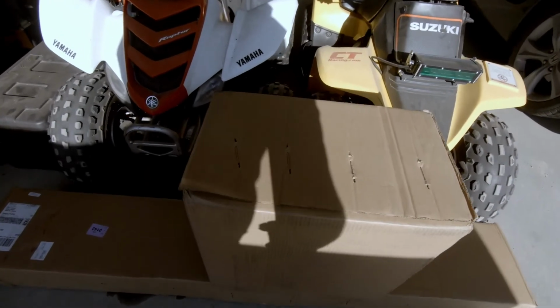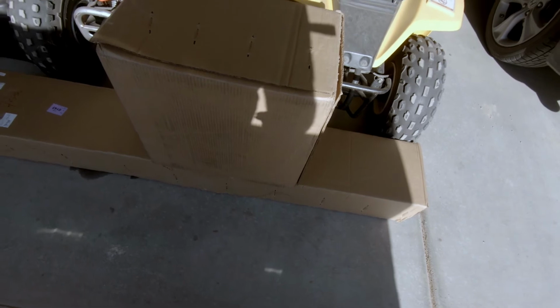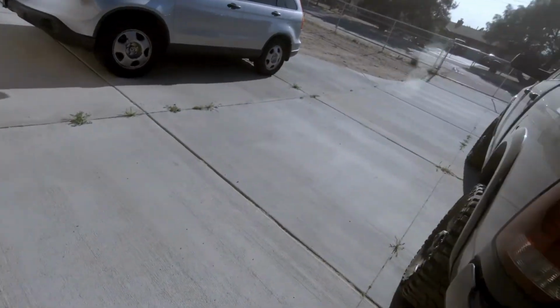All right, guys, so here's what we got. 2 boxes, one large box, one smaller box. The bottom box is pretty heavy, guys. So let me get them undone and we'll see what it comes out with. I think we're gonna set it up right there,